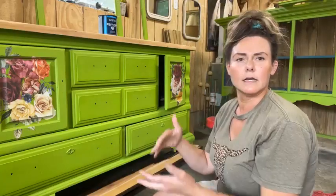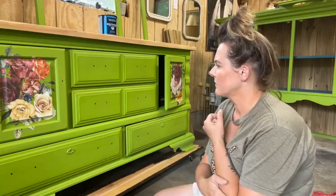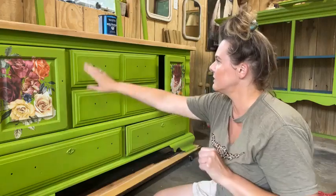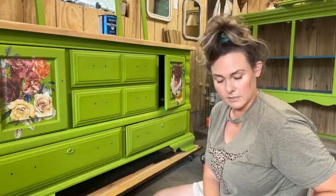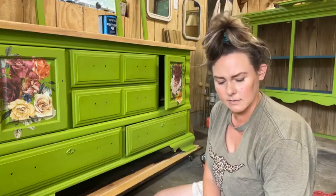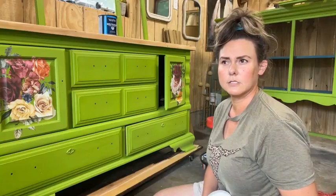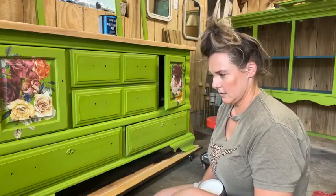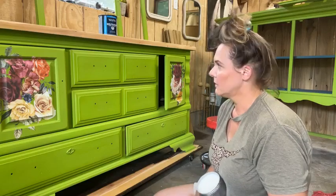I've already gone ahead, I've painted it, I've added transfers. I've slightly distressed on here for her, and I'm gonna go ahead and wax the paint just to give it a top coat, kind of a protection. So